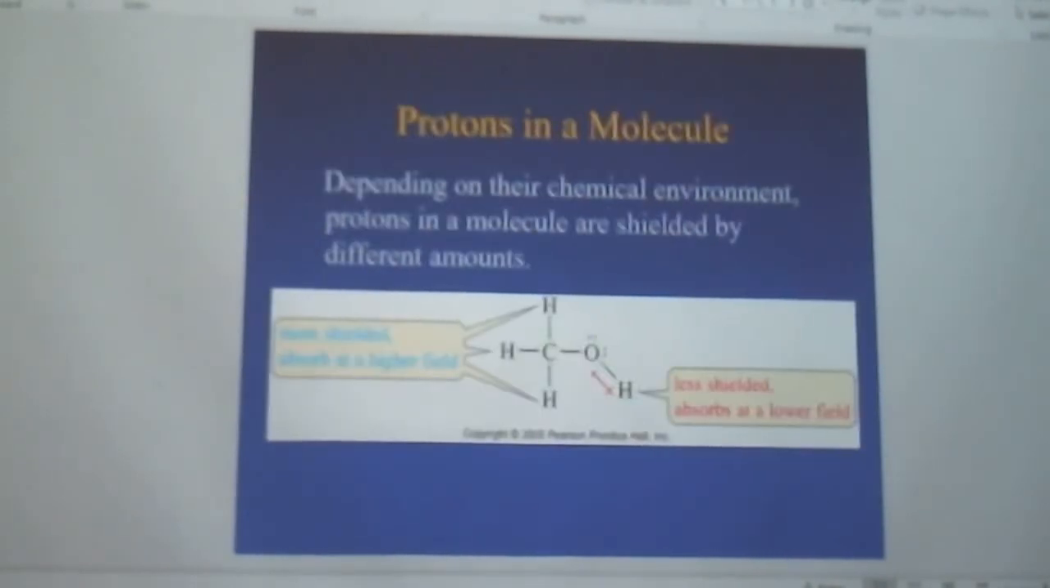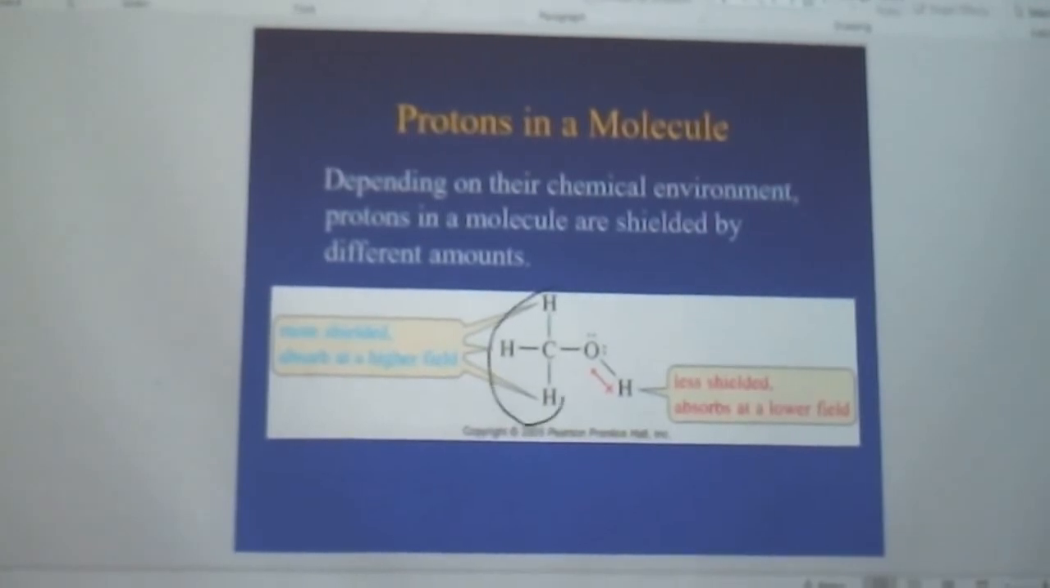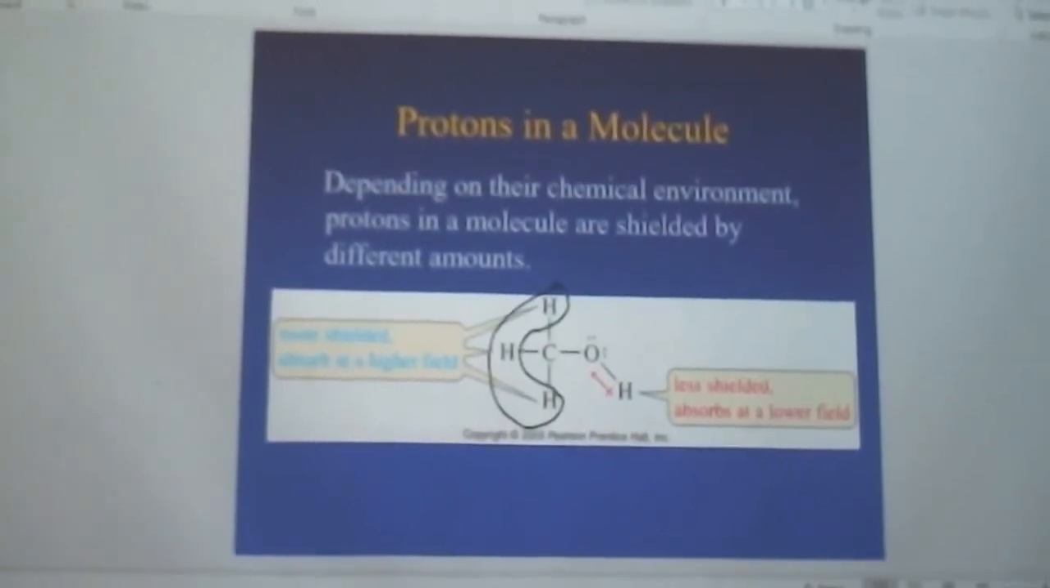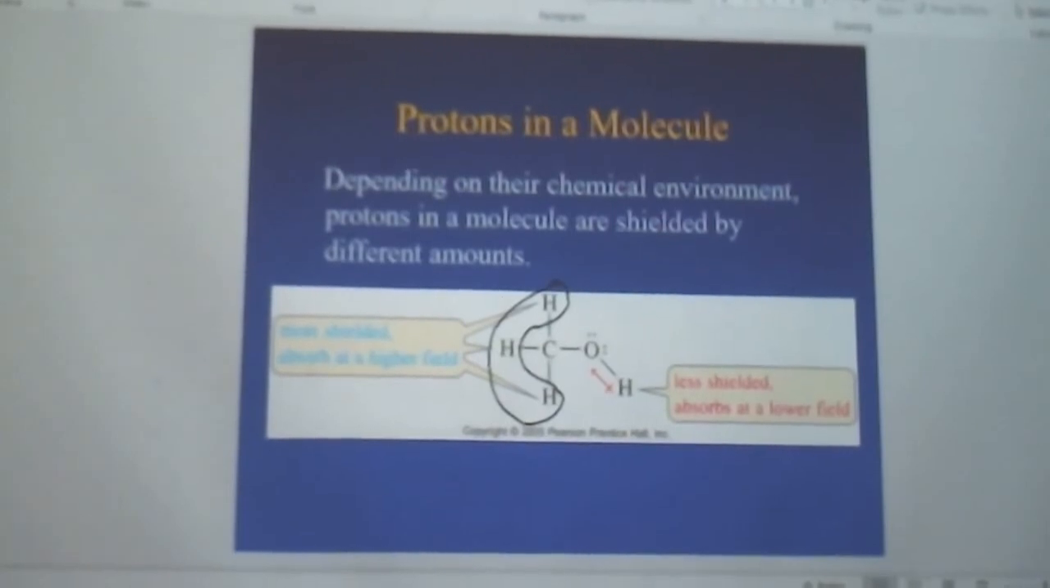Now, first we're going to look at proton NMR. Just the proton, the hydrogens in a molecule, nothing else. Depending on the environment of these hydrogens, meaning what they're connected to, they're going to absorb different radio frequencies. Okay? So if I have hydrogens attached to an sp3 carbon in an alkane type environment, they're